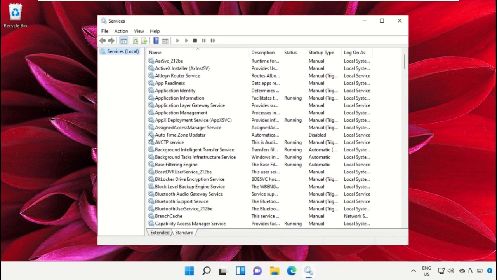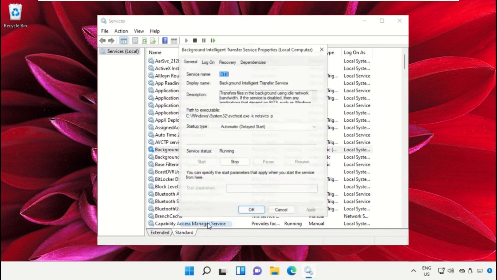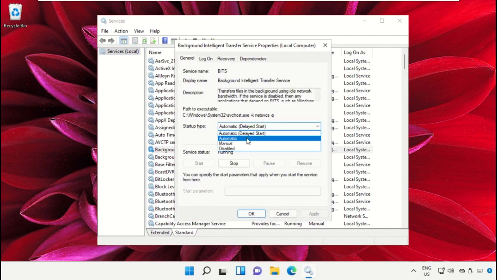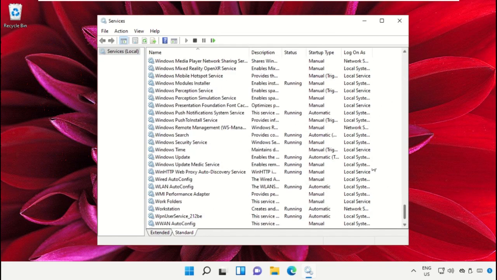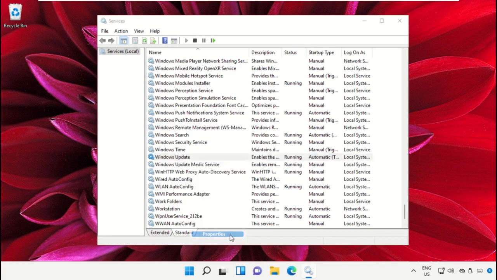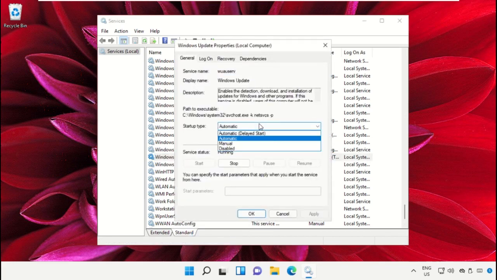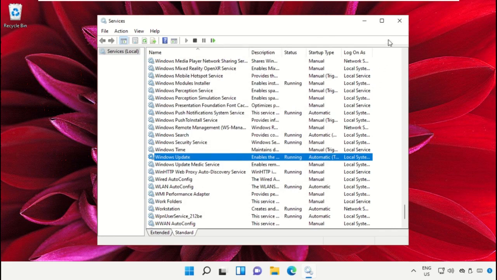On this window, right click on background intelligent transfer service properties and set the startup type as automatic. Click on apply and then OK. Do the same process for Windows update. Open properties and select startup type as automatic, then click on apply and then OK. Once done, close this window,